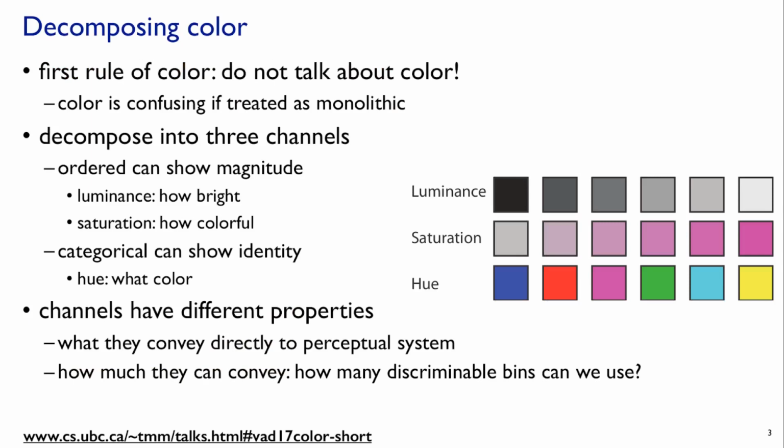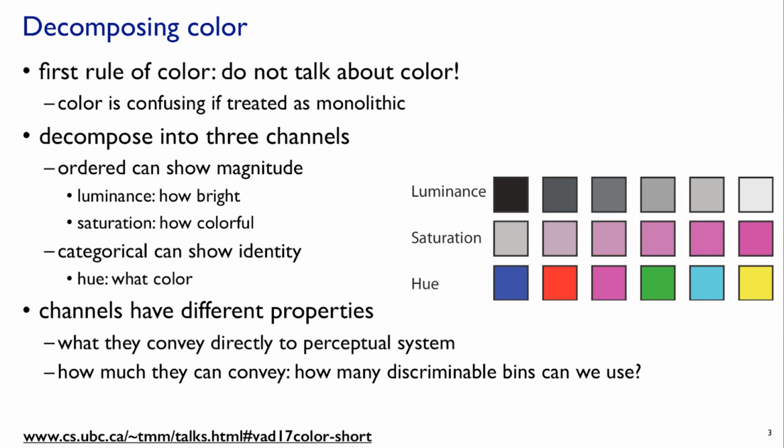As Tamara Munzner says here, the first rule of color: do not talk about color. It's confusing if you treat color as a monolithic entity, because in reality you can think of it as decomposed into three separate channels: luminance, saturation, and hue. The ordered channels of luminance and saturation can show magnitude, and the categorical channel of hue can show identity, just